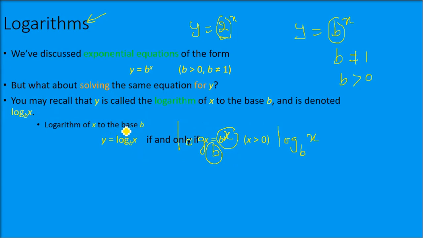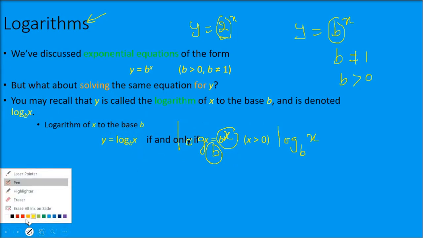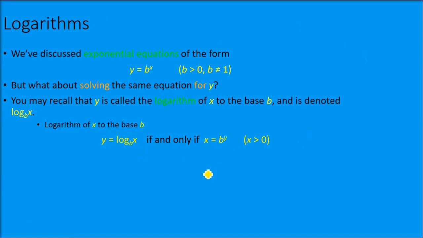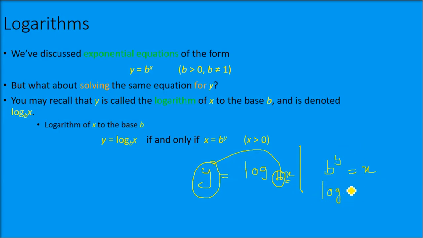For example, if y equals log b x, what does it mean? How do we relate it with the exponential? When we say y equals log b x, it has come from the exponent. That is, b to the power y is equal to x. This simply means y equals log b of x is the same as b to the power y is x. So they both are the same thing.